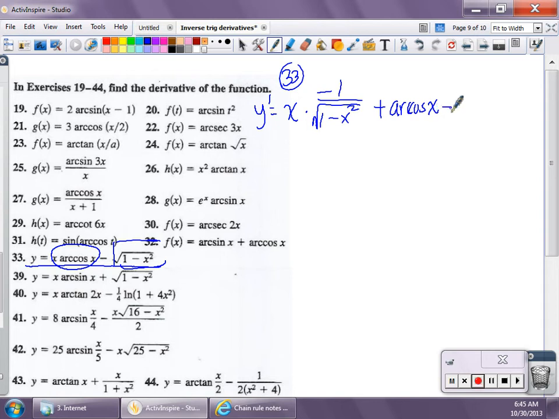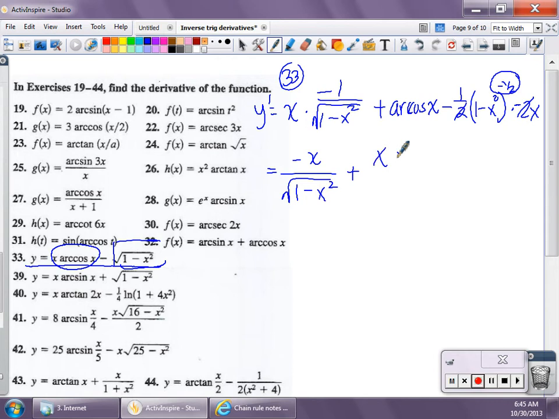And then we're going to have the chain rule for the second term. So I'll have 1/2 of the quantity 1 minus x squared to the negative 1/2 multiplied by the derivative of the inside, which is negative 2x. So in cleaning that one up, I would have negative x over square root of 1 minus x squared. And in the second term, this 2 divides out with this 2. I can move the square root down to the denominator. There's a negative back here, don't forget about that, and there's a negative times a negative, which is a positive, so that's going to be plus